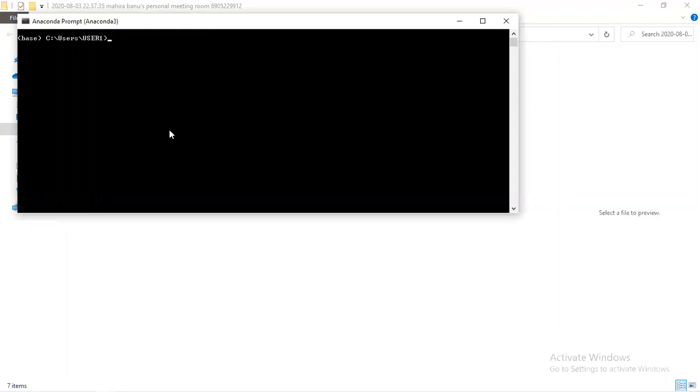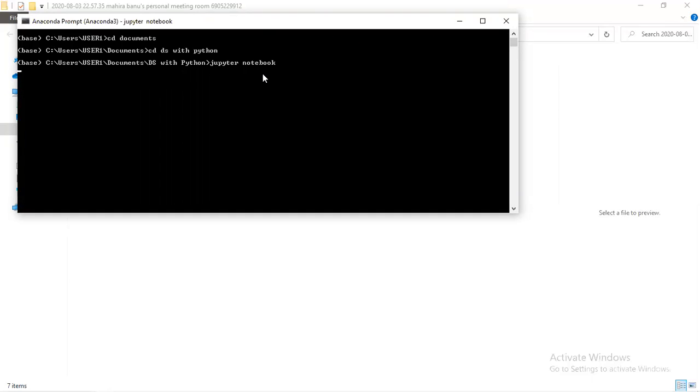First I'm giving a change directory command. The reason I'm giving change directory is that I want to open this Jupyter notebook in a particular path on my system. If I directly give Jupyter notebook, it will be launched in the default folder, but I want to open it in the targeted folder. So for that, I give change directory and the folder I want to open. You can give any drive from your system, and it will open Jupyter notebook in that particular path.